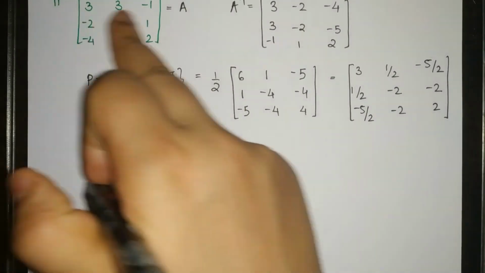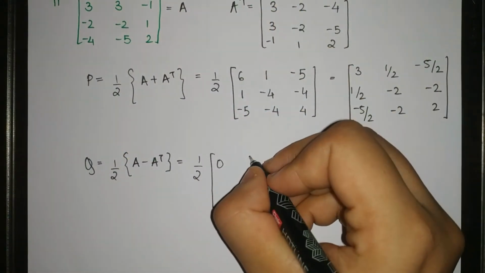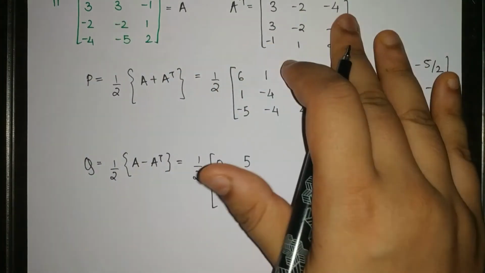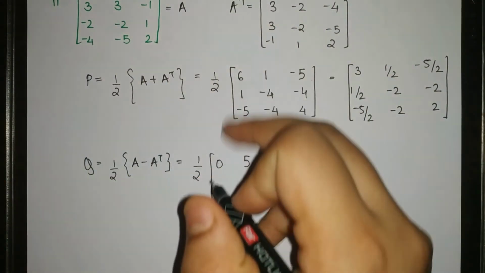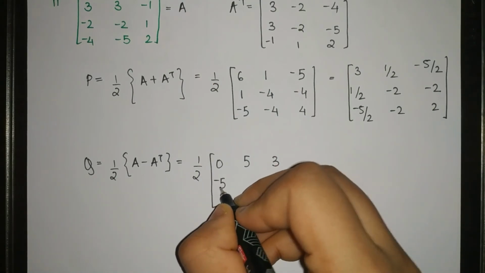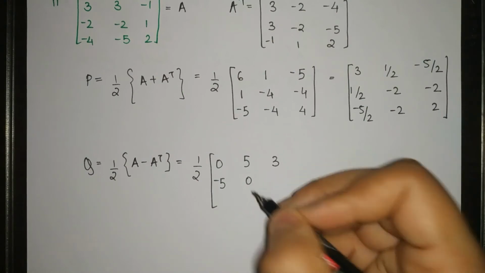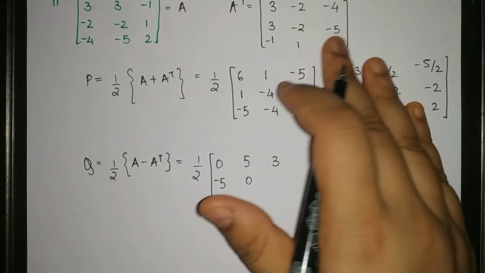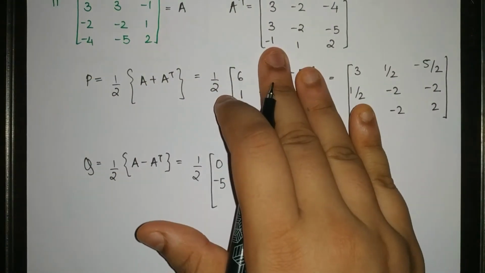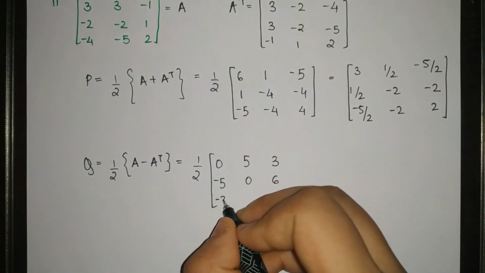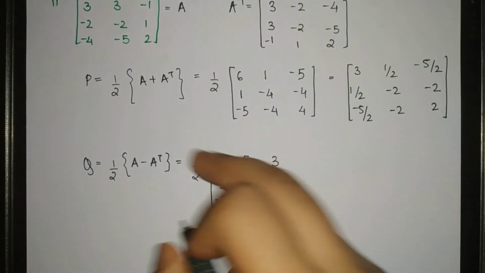So इसमें से ये subtract करना है. तो 0, फिर 3 minus -2 5 हो जाएगा. -1 plus 4 हो जाएगा 3, फिर -2 -3 हो जाएगा -5, फिर ये -2 तो 0 ही हो जाएगा. 1 minus -5 तो 6, फिर -4 plus 1 हो जाएगा -3, -5 minus 1 will be -6 and 2